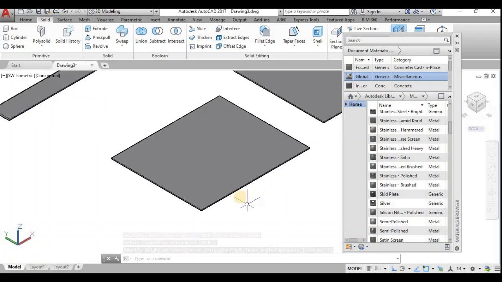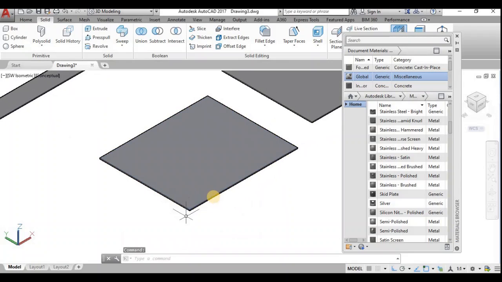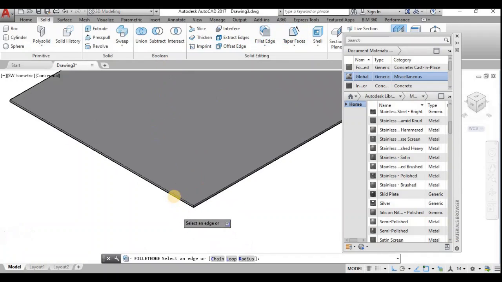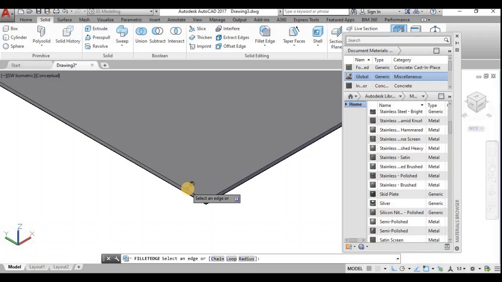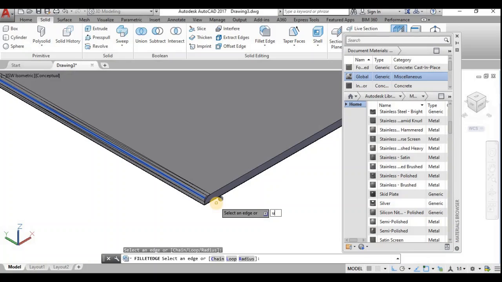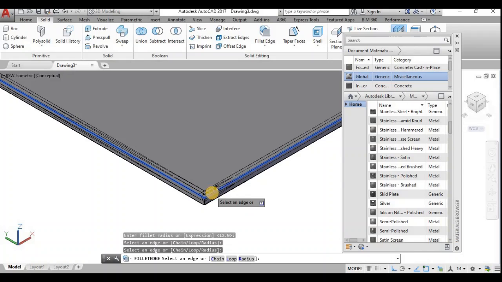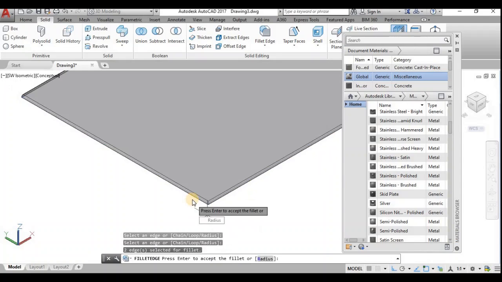In this I shall make carving on these two edges by fillet edge. The radius was already given, and you can check it is 12 mm. I have made it.